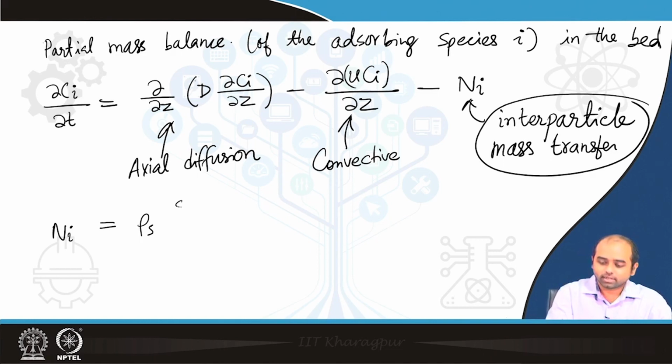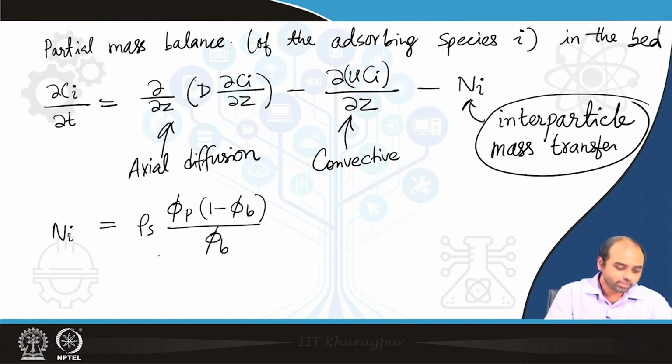So, this is the term which relates the interparticle mass transport. Let me write it as phi b and phi p. So, phi p is the particle porosity, phi b is the bed porosity, right. Rho s is the particle density, and here I write dqi